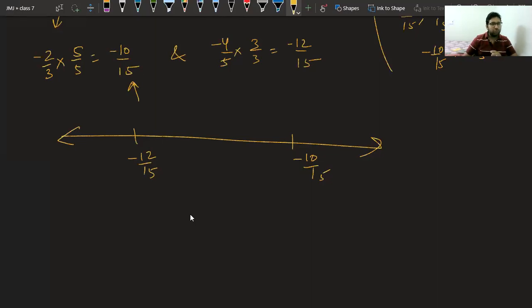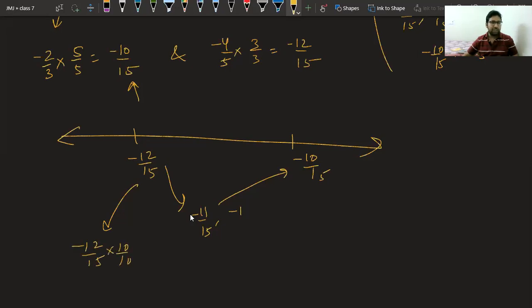Let's see. You will get the next number as minus 11 by 15. Then you will get minus 10 by 15. So only one number is between them. Class, if you observe, only one number you can get between them easily. By hook and crook, you can get other numbers also, but by my easy method, you will get only one number between them. So what should we do? We should increase the range. To increase the range, what will we do? We multiply with 10.